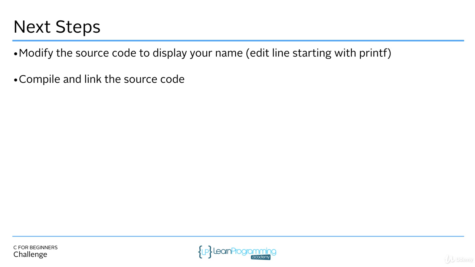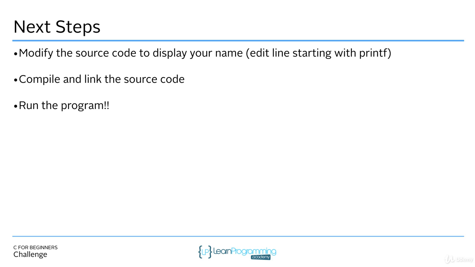Now, if you copy the source code exactly how it is on the slide, you'll be fine. One of the things you're going to notice with programming is the detail matters. Make sure you copy the source code exactly how it is. Everything matters. If you're missing a semicolon or anything like that, it can cause your program not to compile. Now, if you were successful in compiling and linking the source code, then you want to run the program. You want to execute it. And again, this is just another menu option in the